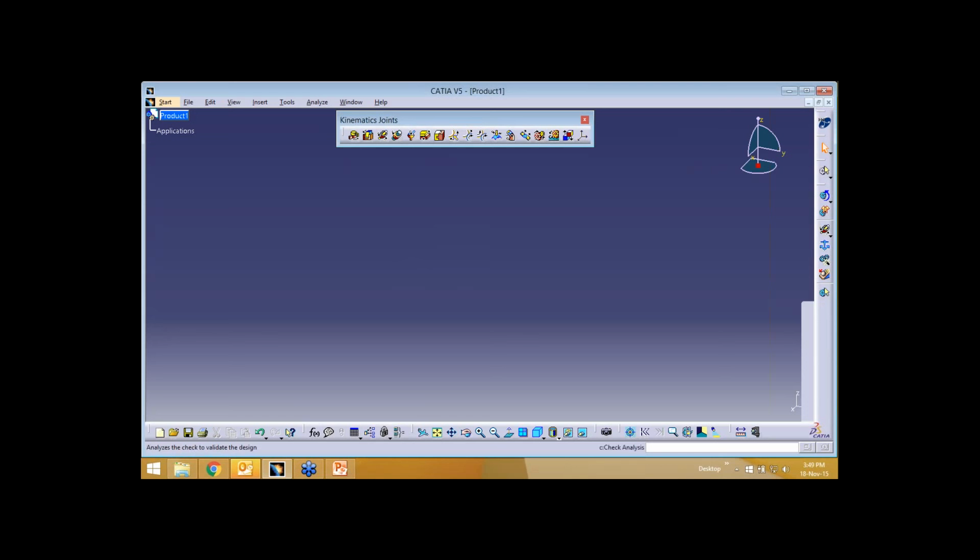For that, I'll go for a rigid joint. See, a point joint is nothing but a point-to-point coincidence, and a planar joint is a coincidence of two different planes.